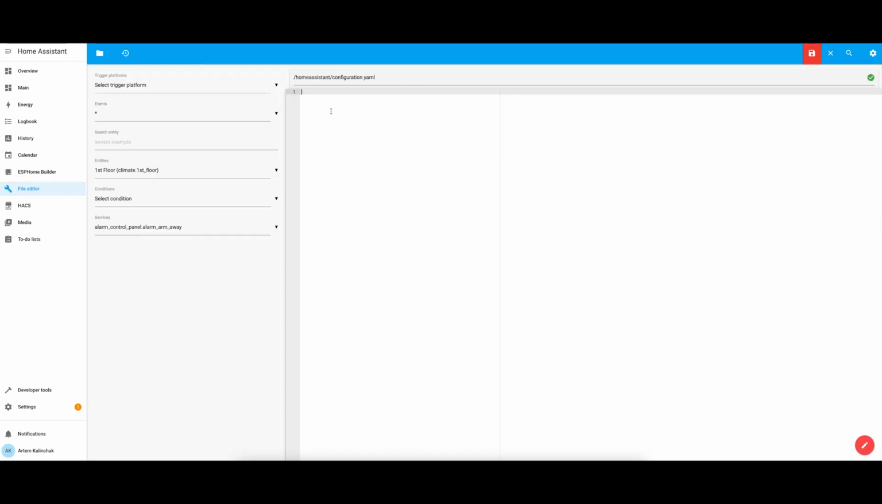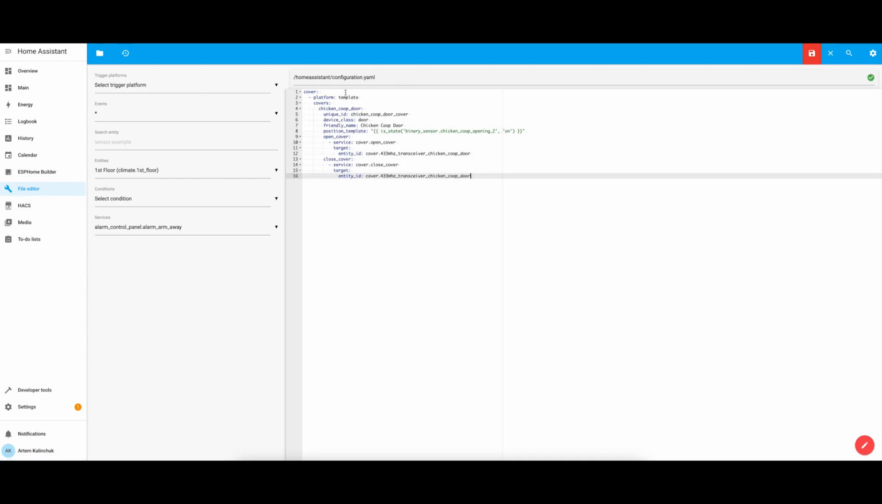So in this configuration YAML file, under File Editor, I'm just going to paste something in here. We're defining a cover with a platform of template, and we're just naming it Chicken Coop Door. Unique ID is Chicken Coop Door Cover. The friendly name is Chicken Coop Door, and that's basically what's going to show up on the dashboard. And we also have a position template, and as you can see here, this position template is